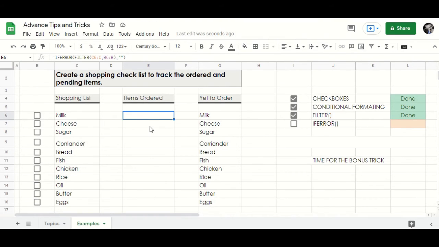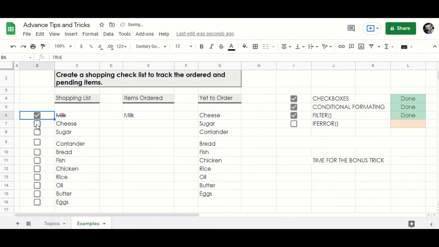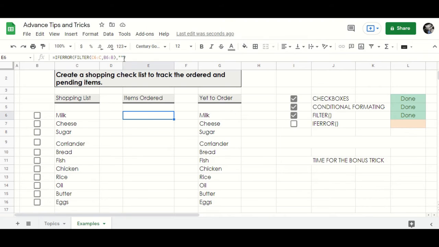Let's click and uncheck a checkbox and see if it still works. Yes, it does. Let's take it a notch up. Let's make it user-friendly and presentable by adding a custom message.